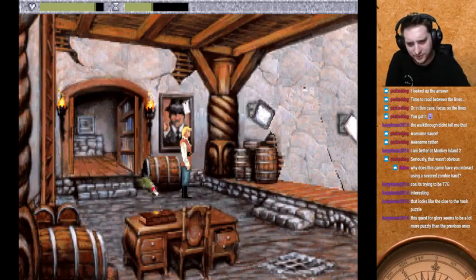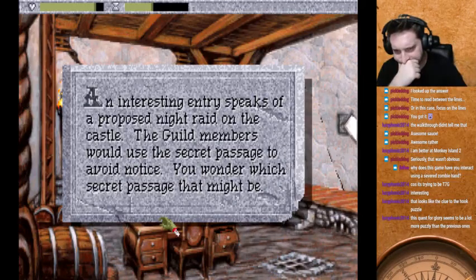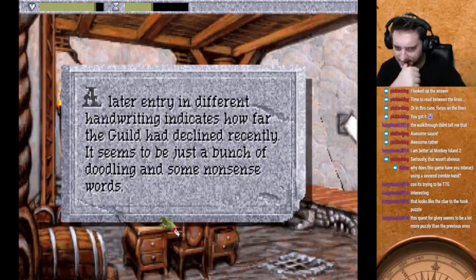Maybe it's in the book? Hang on. You leaf through. An interesting entry speaks of a proposed night raid on the castle. The guild members would use the secret passage to avoid notice. Right, so that's probably what this is. This is probably the secret passage then. A later entry in different handwriting indicates how far the guild...